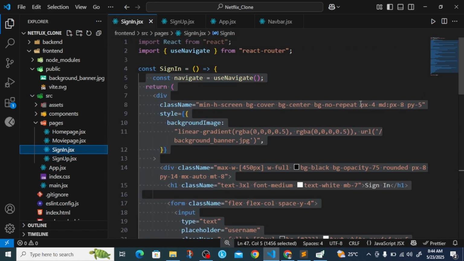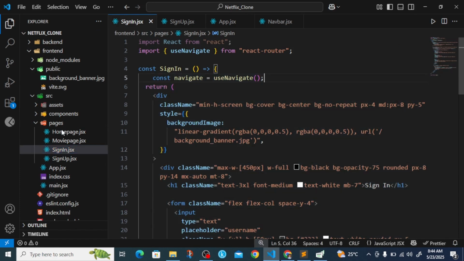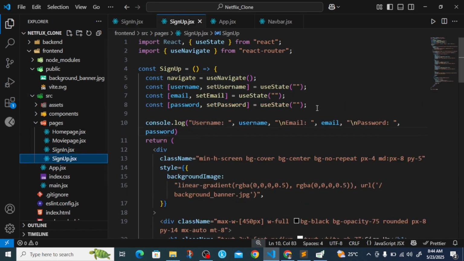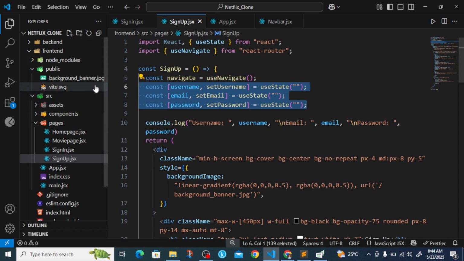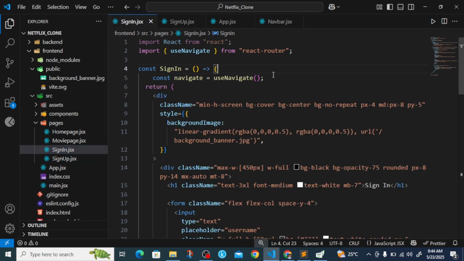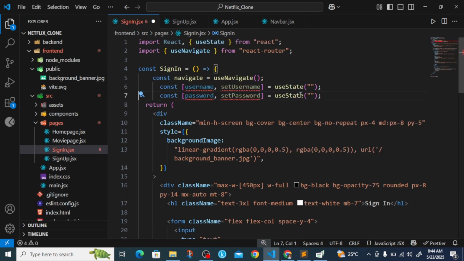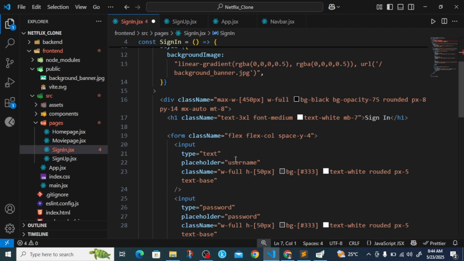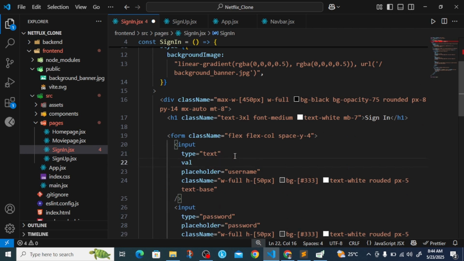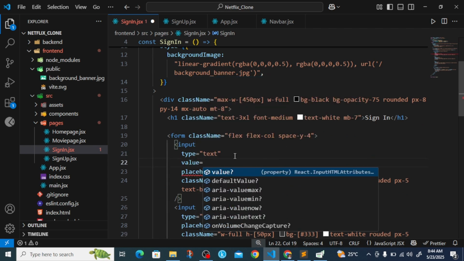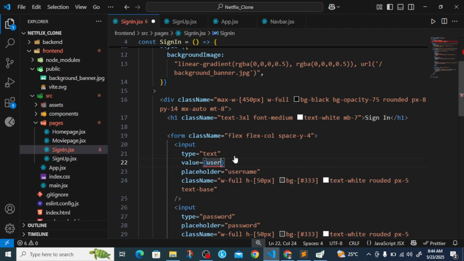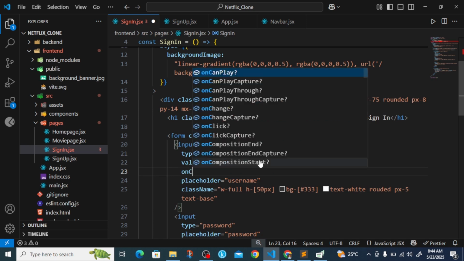Now for the sign in, we just need the username and the password. So I can just come to the sign up and copy this, come to the sign in page and paste it. Make sure you import useState from React. We are getting rid of this email. We don't need the email. Go to the input field here, get the value. The value should be set to username, and then the onChange function